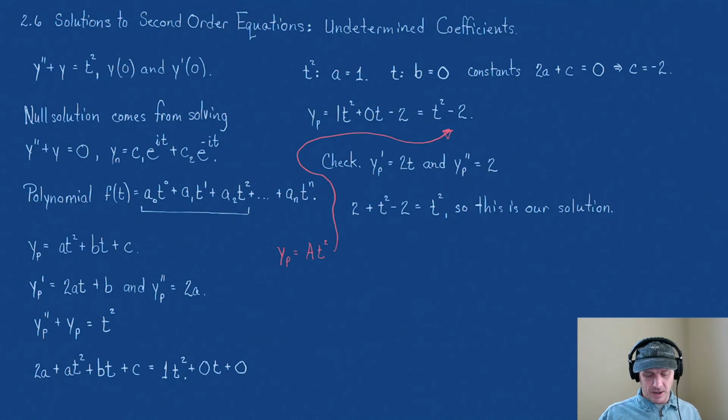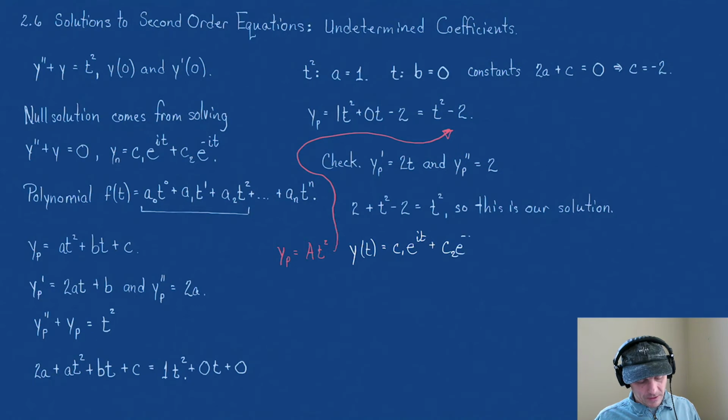All right, we're not done. We need to write our final solution. So we said that we have y of t is c1 e to the i t plus c2 e to the minus i t plus our particular t squared - 2. And let's use our initial conditions. Our first one is just some y of 0. Well, that's going to give me a c1 plus c2